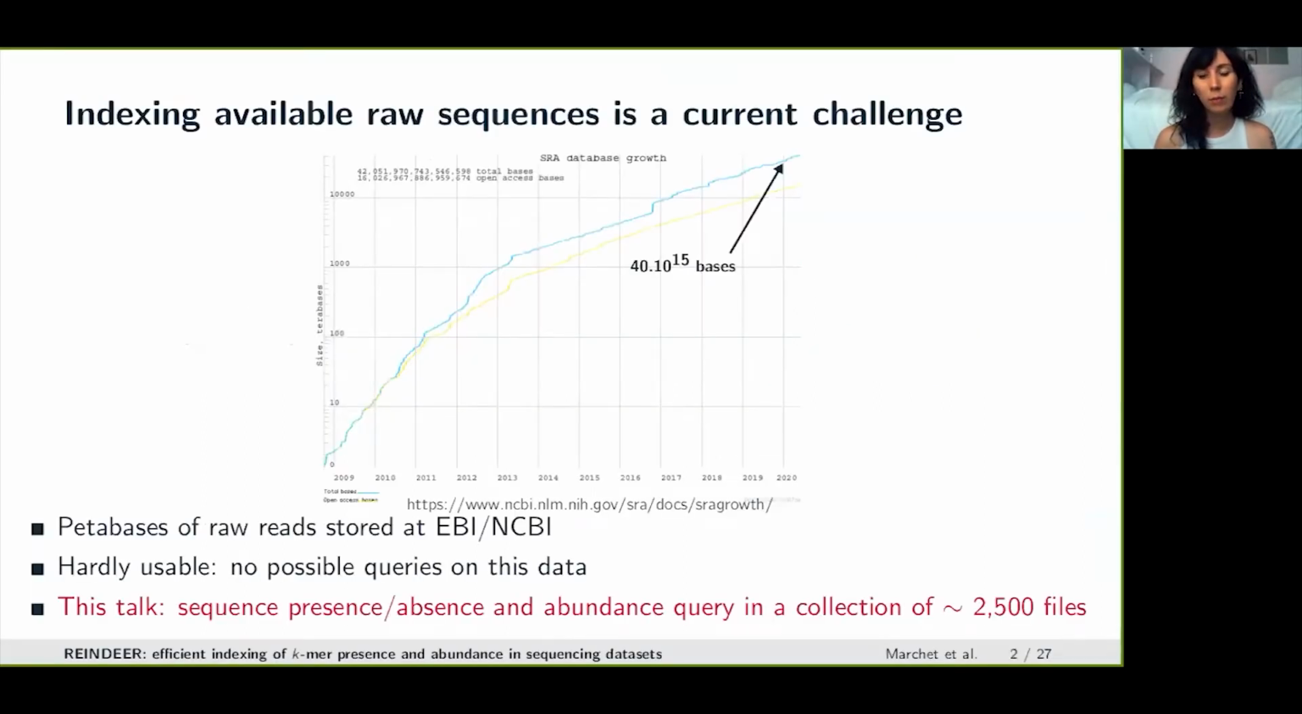So let's start with some numbers. Here you have a figure coming from SRA with the current number of bases that are stored on SRA servers. So at the moment, millions of billions of bases. And while it's downloadable, available, it's very hard to use this data as is on the servers. For instance, if you have a query of interest, you cannot know where this sequence